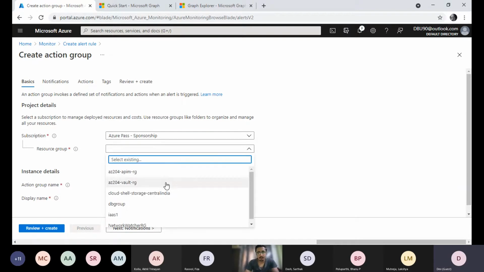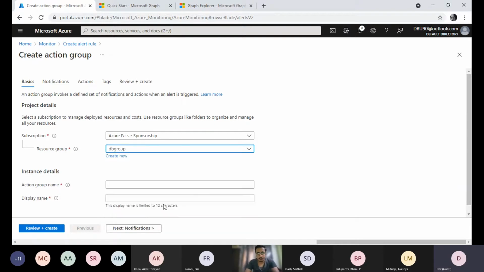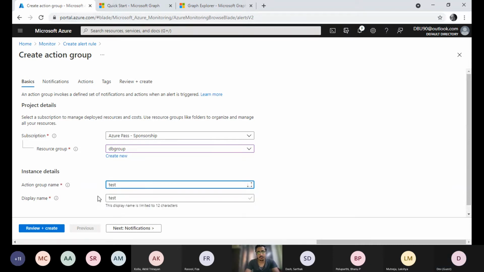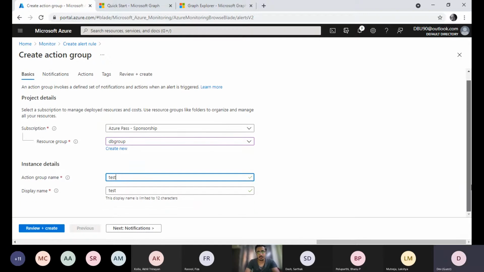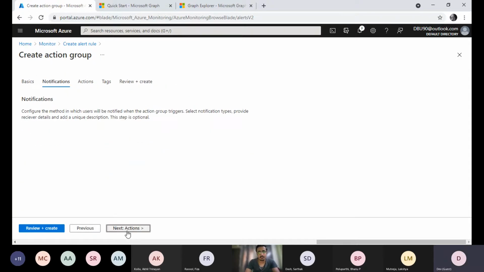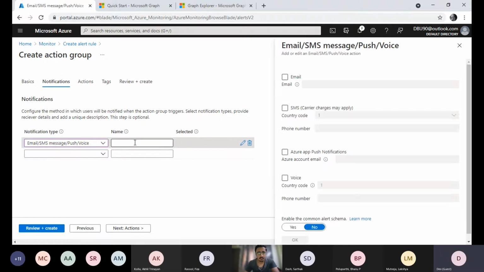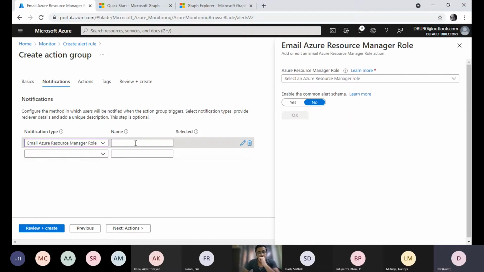Let me select something from DB. Notifications. Now here you need to provide the email notification and everything if you select it. That's if we go with the email Azure Resource Manager role.